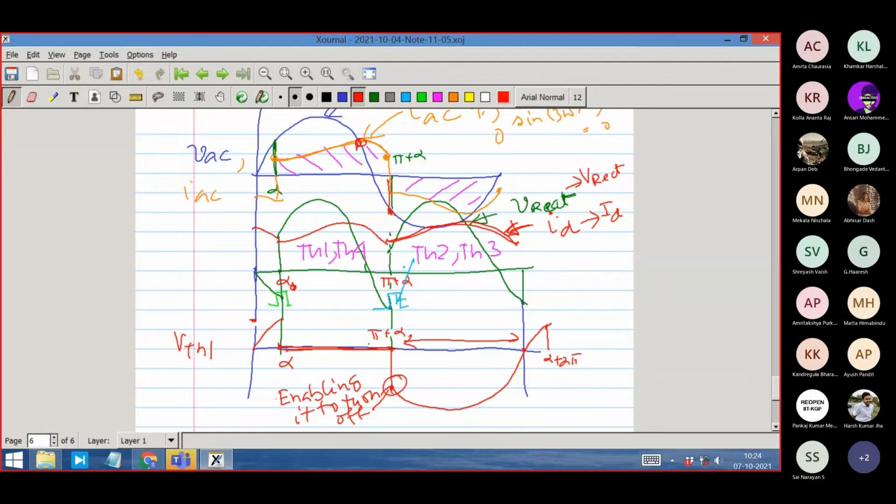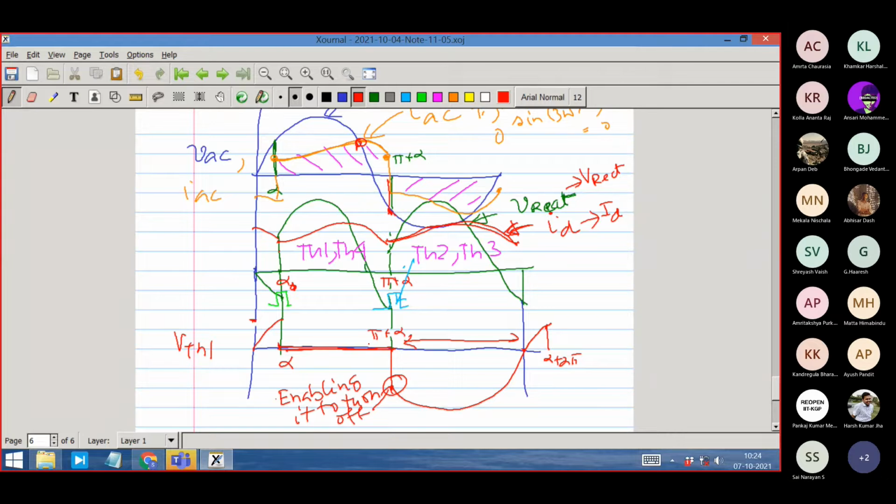If you are trying to turn off at a certain point where, assuming that it has turned off, it will subsequently see a positive voltage, then that is not a right turn off condition. It will not turn off, it will come back. This is how to analyze. You assume that it has turned off, look at the voltage that will appear across the thyristor, and you see that the voltage is positive. So that will not turn off because the thyristor has a special requirement.